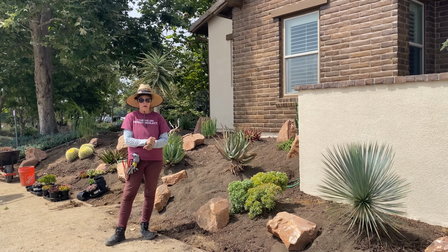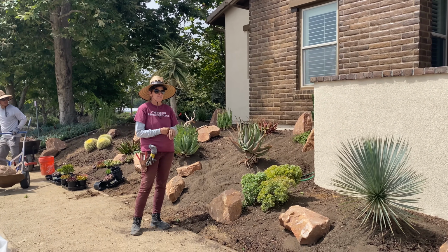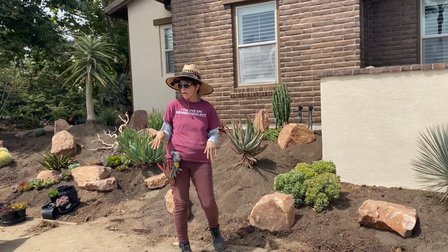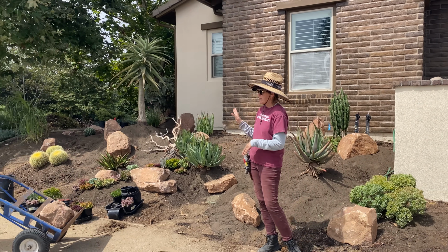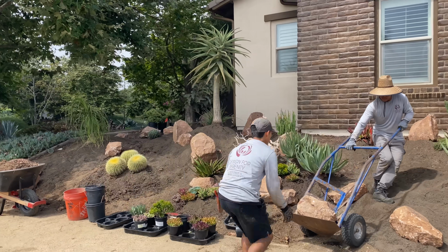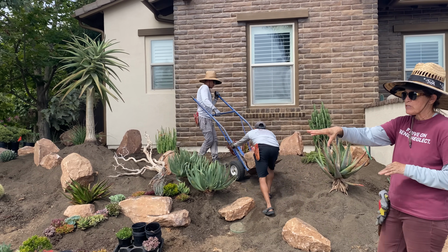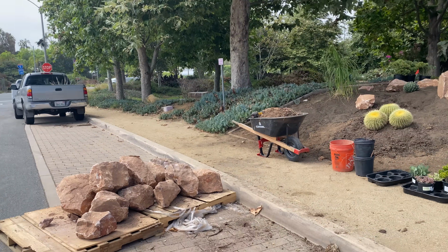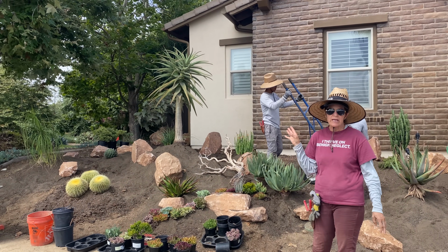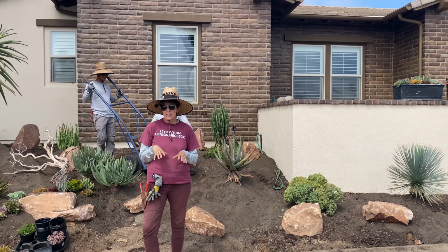Yesterday was slow going. We had so much nut grass to remove mechanically, and soil to drop, and irrigation to unbury and cut and cap, and blech, not sexy at all. But we started the sexy today. Massive, massive progress. Right now we've got Mel and Nate moving boulders into place. You can see that we still have a couple pallets to work into the landscape. But I'd say 80 to 85% of the foundation work is done now, and it's really starting to look good